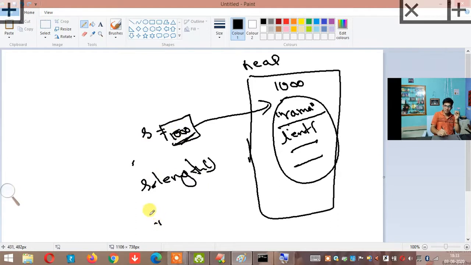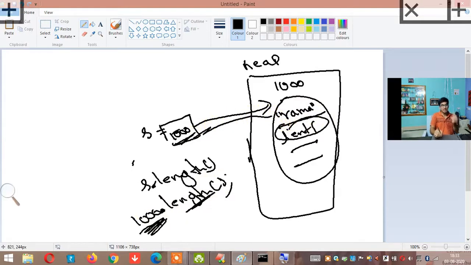The s value is 1000. S dot length means 1000 dot length, you are telling it to go to the 1000th address and give me the length method. In the 1000th address the length method is there. Agree or not? So I hope you are understanding. S dot length means go to that address and give me that length method. Fine. Okay.